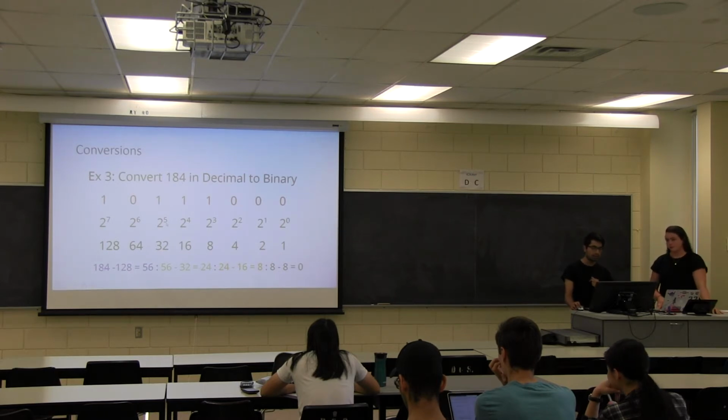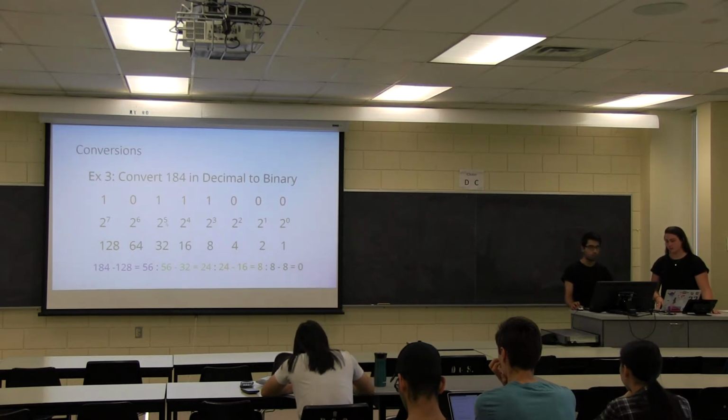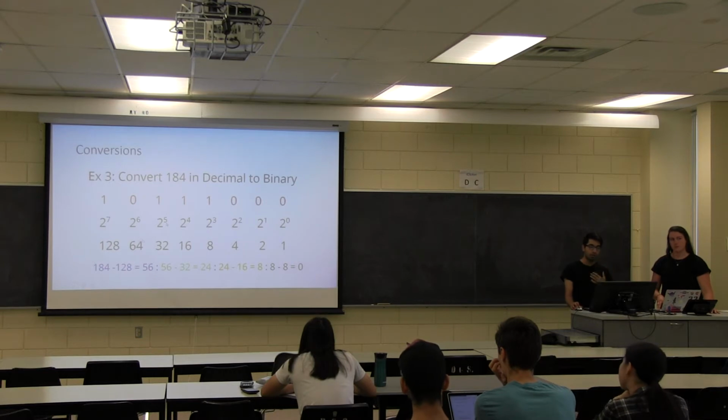So in this case, we have a decimal value of 184, and we look across and we find that 128 is the highest power of 2 value that can be subtracted from 184. And so I would write a 1 on top, and I'll subtract 128 from 184, and get a new value of 56. Then I would repeat the process, look for the highest power of 2 value that can be subtracted